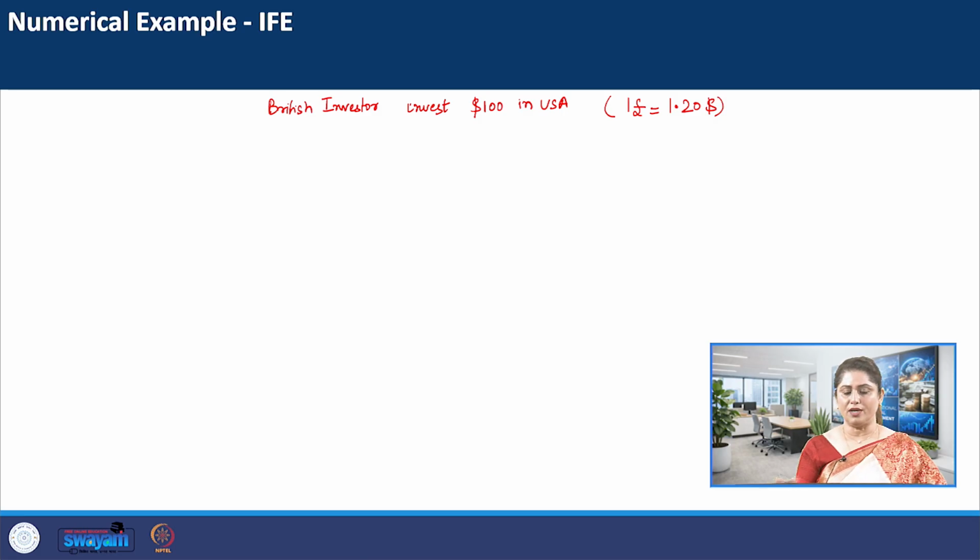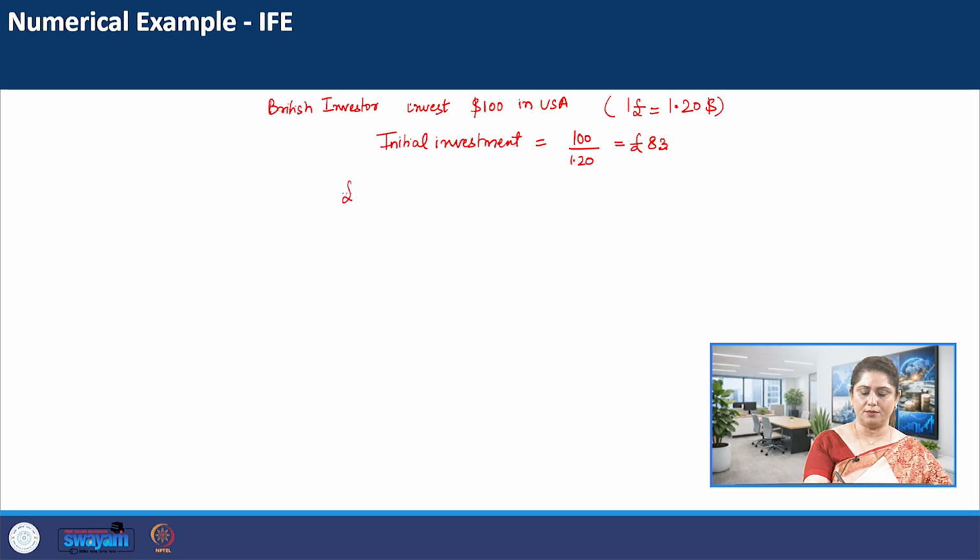Now what is going to be his initial investment in pounds? His initial investment in pounds is going to be 100 divided by 1.20, which gives him 83 pounds. It means that first he has 83 pounds with him, then he is going to convert it into dollars, and he is going to have $100 with him, which he is going to invest in USA